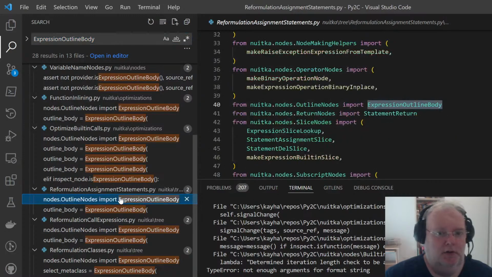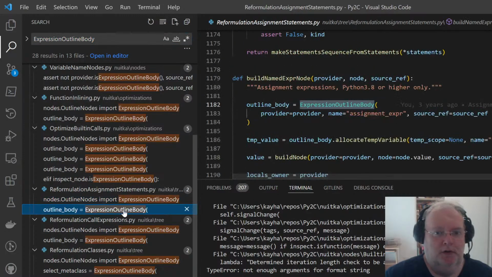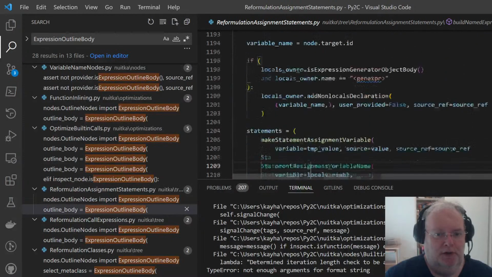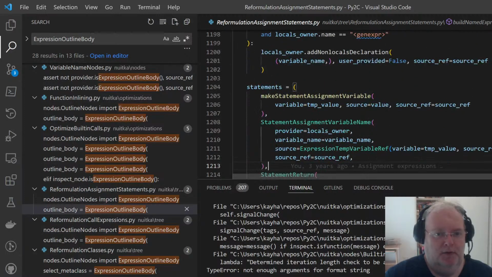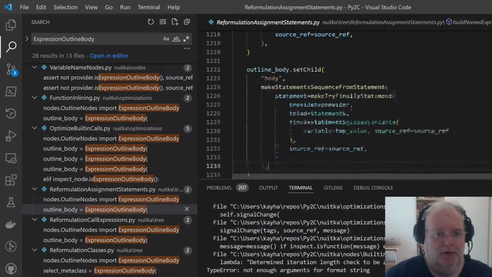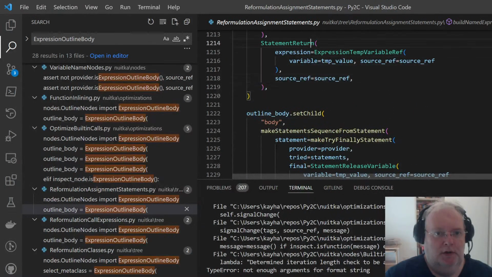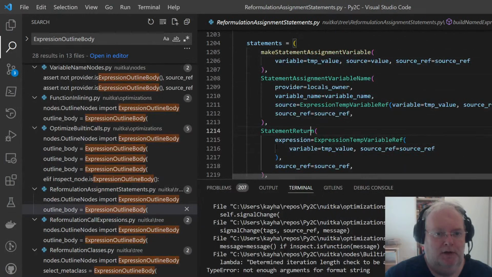Yeah, reformulation. Here it's being used, for example, in assignment expressions. That's an example where something ends up being an expression, but becomes a body. So you have a bunch of statements with a really nice return statement. That's the actual expression.